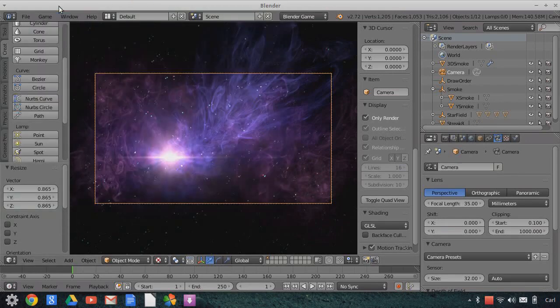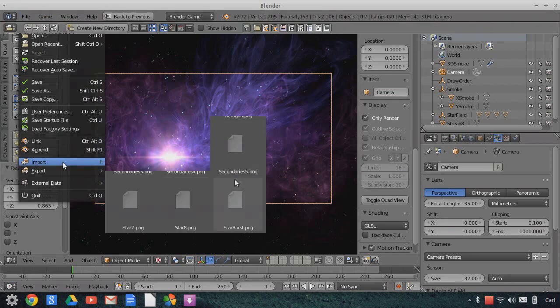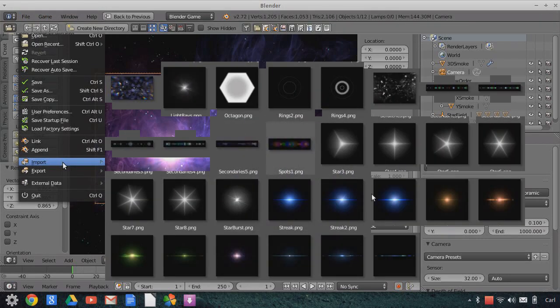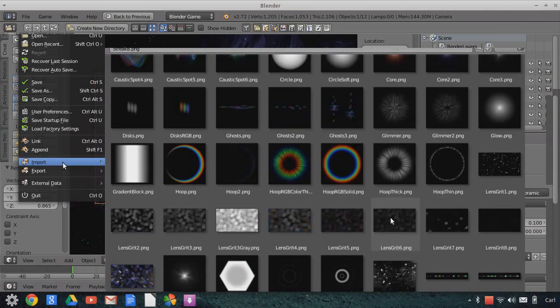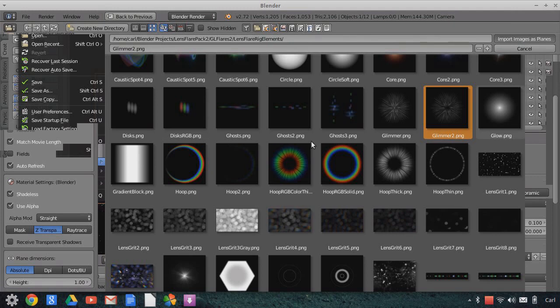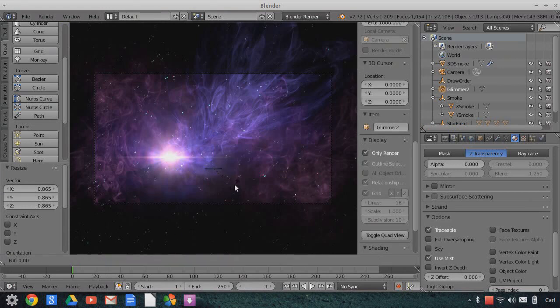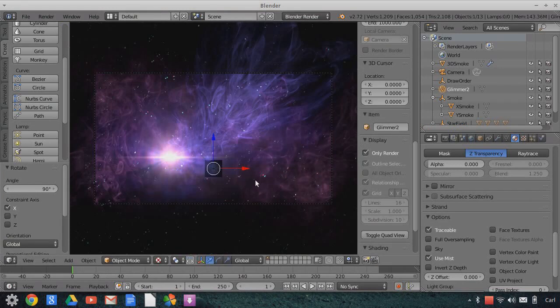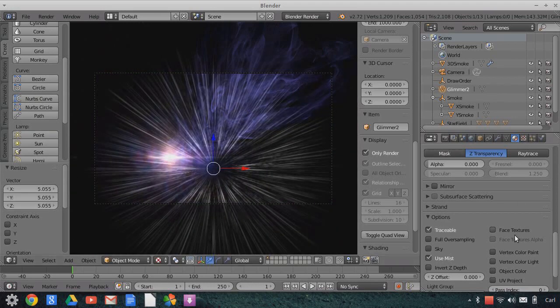So we're going to add another image plane. Import images as planes, and in this same pack we're going to find an image that looks like this, Glimmer 2, which kind of has a hole in the center of it. Click on that, and again our settings should be the same. Give it a second. We're going to rotate on the x-axis 90 degrees, scale it way up, and we're going to change our